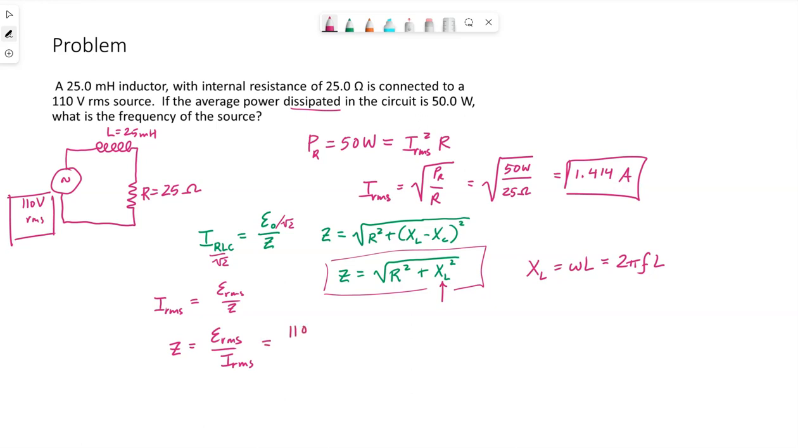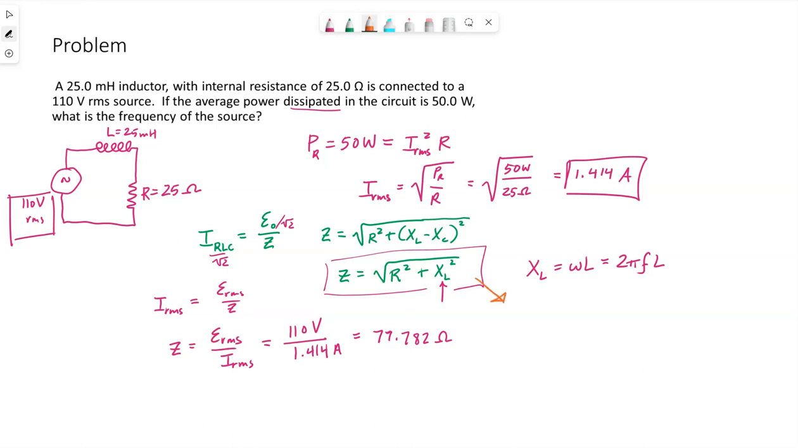So our RMS source voltage is 110. We calculated 1.414 amps for the RMS current. So we're finding Z is 77.78 ohms. Maybe I'll go one more decimal place since we have 3 sig figs in the problem. Okay, knowing Z,